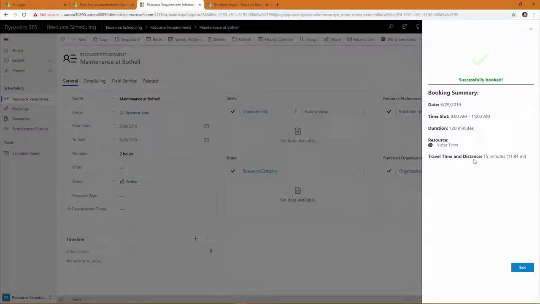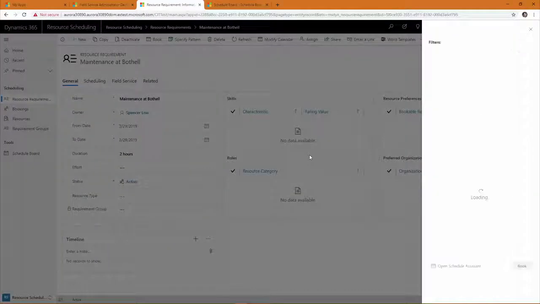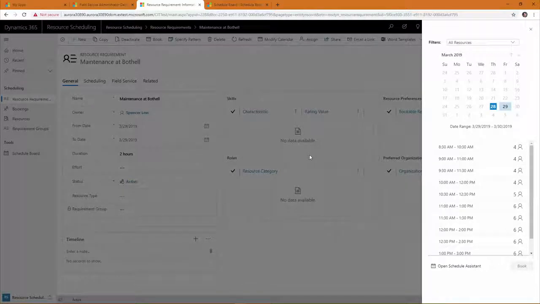However, there are a few things that this little tool offers us, where you could click on the book button and see a few capabilities that this tool presents up here. You could choose a resource that you would want to look for or work with. You could see the available time slots. You could pick a different date if you have it in your time range, or you could go ahead and just choose a time slot, not worry about the technician who's going to work at your requirement, and then go ahead